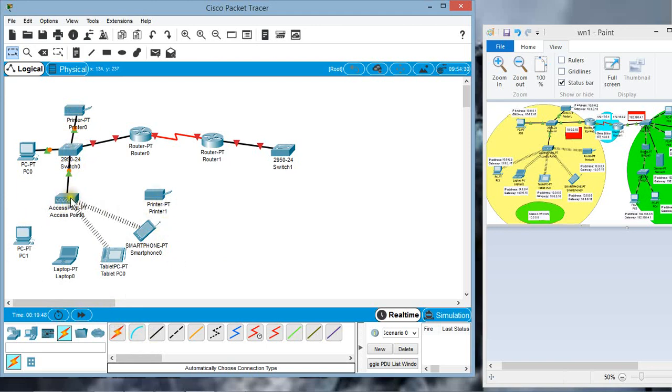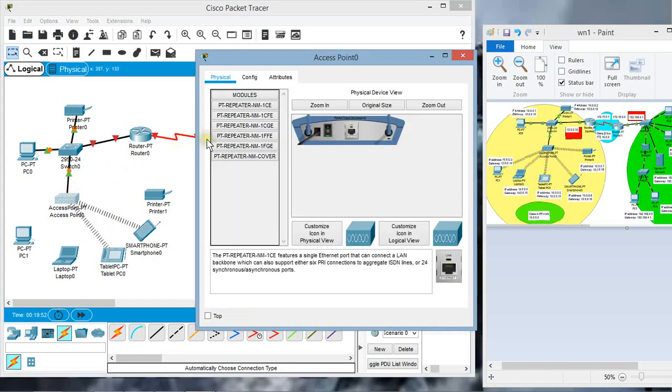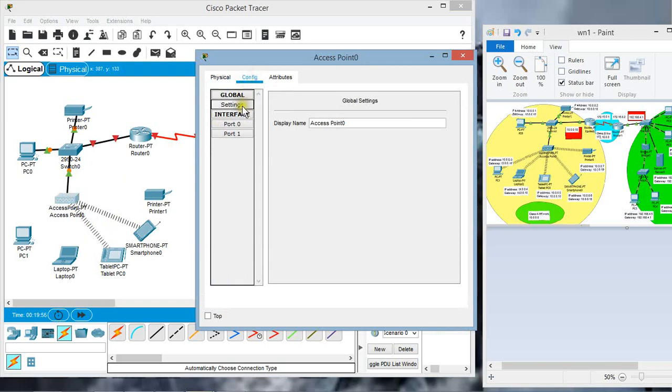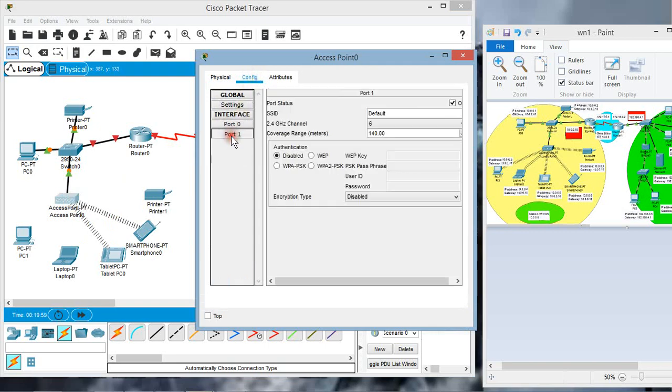For that we'll need to set the SSID on the access point, and the WEP key must be configured on the access point. On port 1 of the access point we'll configure the SSID, because port 1 of the access point will be connected with the wireless devices.